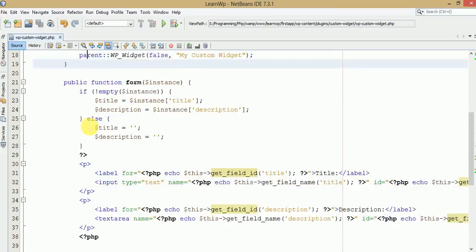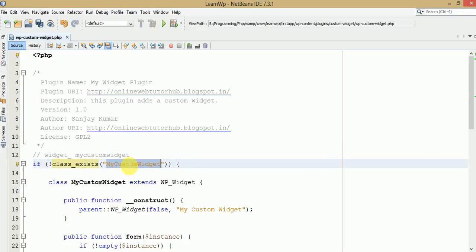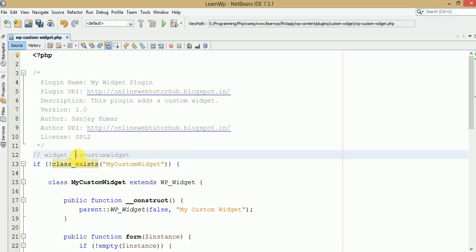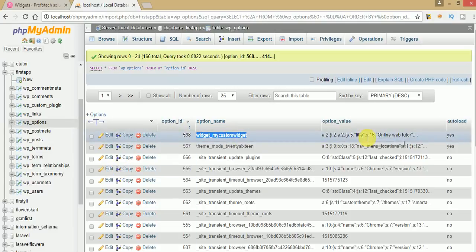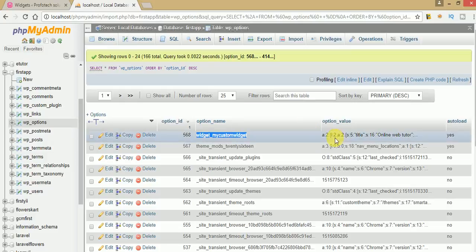Go up and just paste inside the comment section tag. This is the name, by default widget underscore given by WordPress. And this is the widget name. As you could see, my custom widget is the name that we have passed. So what WordPress actually does is append or concatenate widget underscore with that key. And this is the key WordPress uses to store the values that we have saved from our widget to the database. So just click on that,